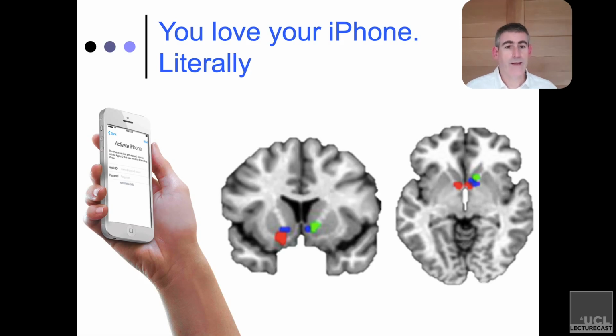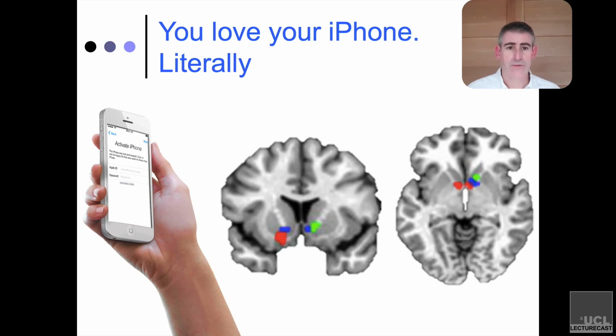And the cool thing about that is that he thought this is something we could actually test with neuroscience, because we know something about the nature of addiction in the brain. So for instance, the images here show abnormalities in a part of the brain called the ventral striatum that show up in different types of addiction. And I can't remember exactly which color is which, but there are three types of addiction here. There's nicotine addiction, alcohol addiction, and addiction to cocaine, all of which essentially co-localize within this ventral striatum.